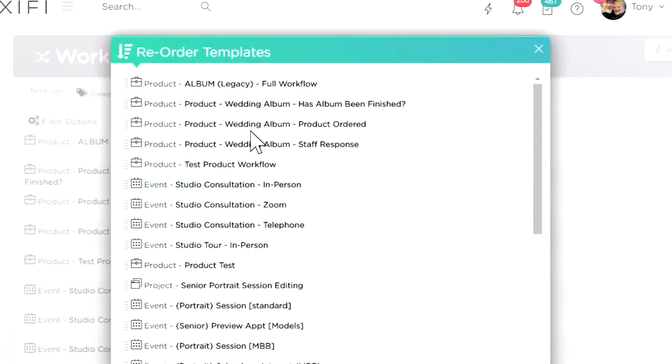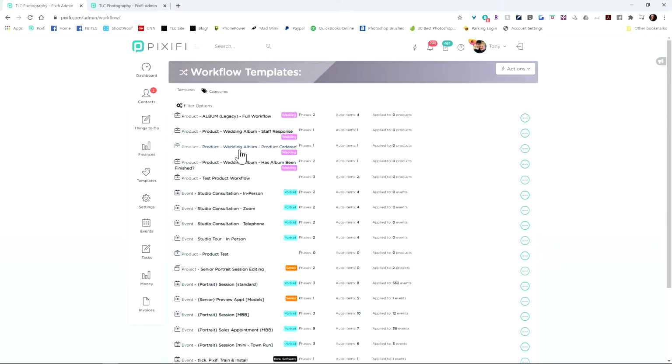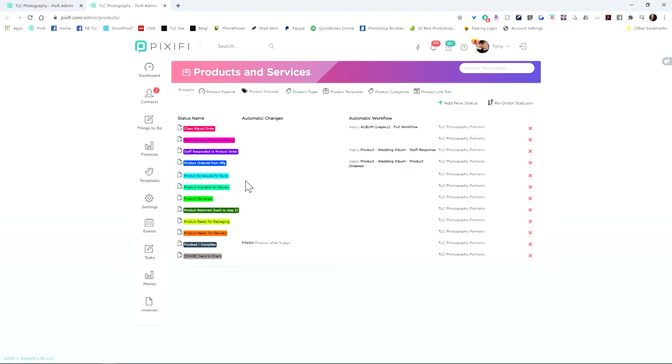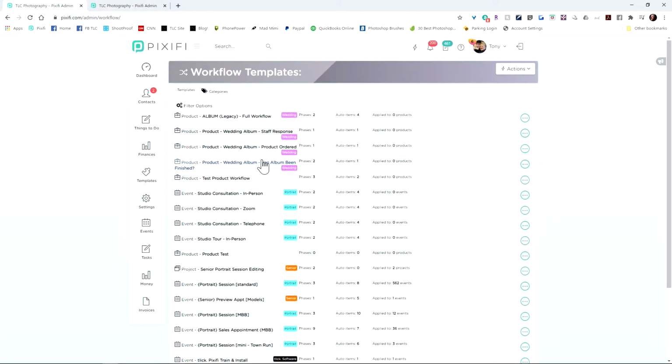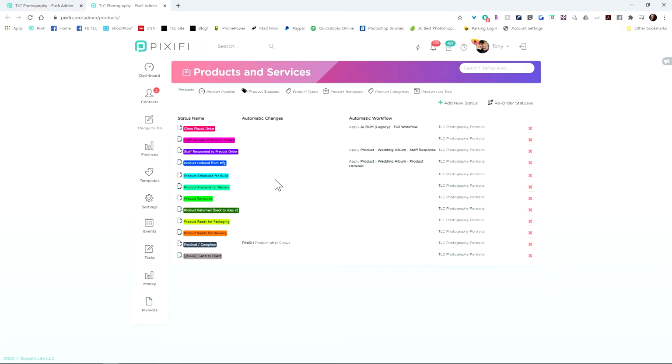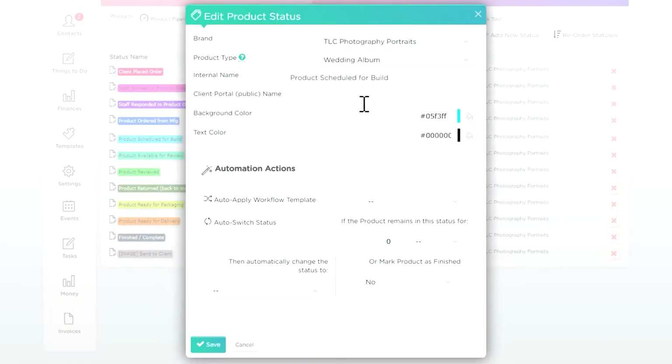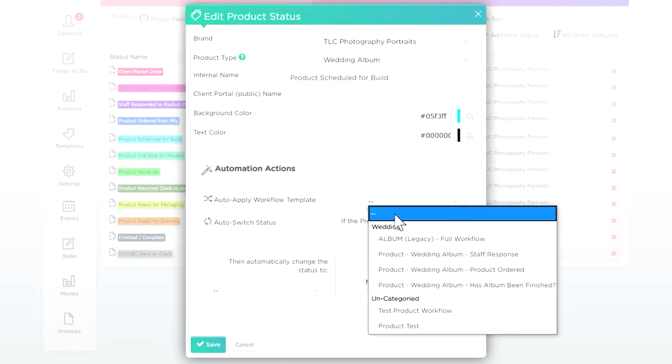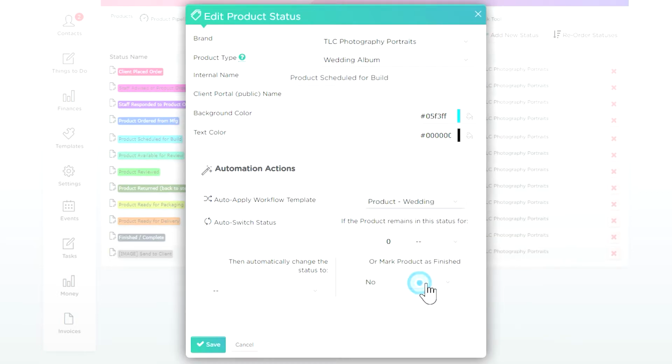We're going to have staff response right after the workflow, product ordered, and then has album been finished. So we're going to save that new order. This is the order they should be in. So we're going to go back over to our statuses, and we now have has album been finished, and that is here. We're going to add our workflow to product schedule for build, and then we're going to do this and